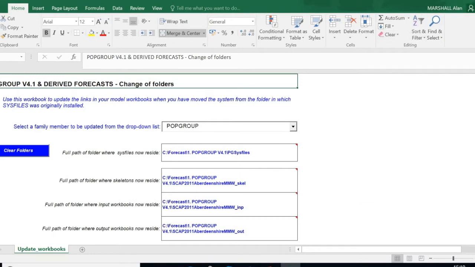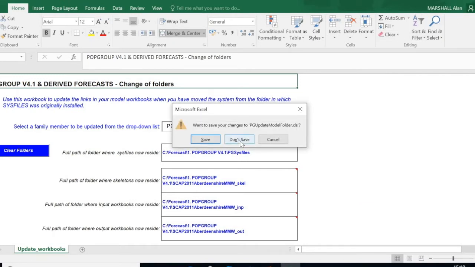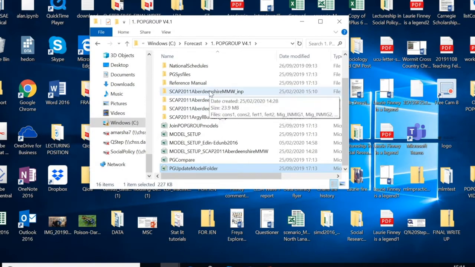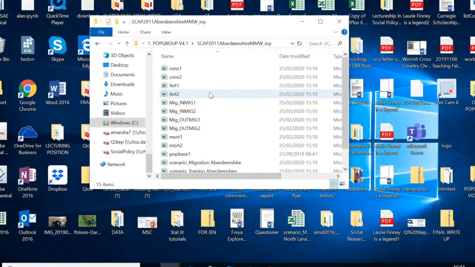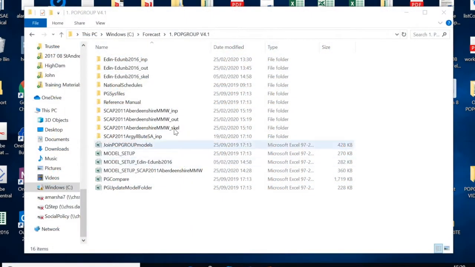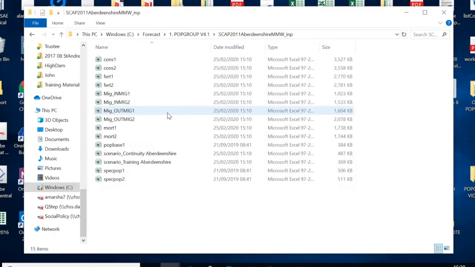So I can now close this folder, don't need to save the changes, and I can now start exploring the input, output and the input files themselves. So I can now take a look at the input files for the Aberdeenshire sub-council area projection. And the first thing to look at is the two scenario folders. So the first scenario is the